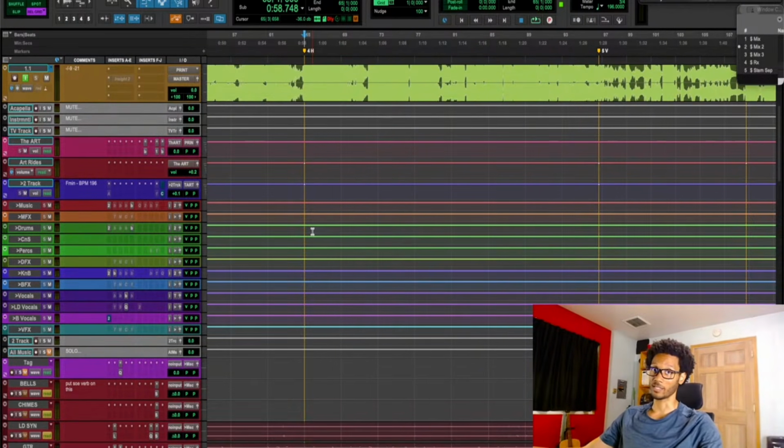So the best way is to fix your monitoring system, but I am understanding the climate and a lot of people aren't going to do that. At least you could reference songs that are out in your mixing position and see what the low end sounds like there. That leads me to my next point: distorting the entire mix just for loudness sake.